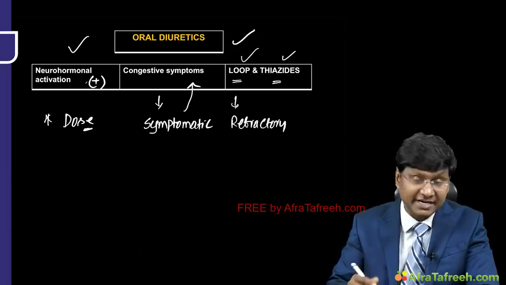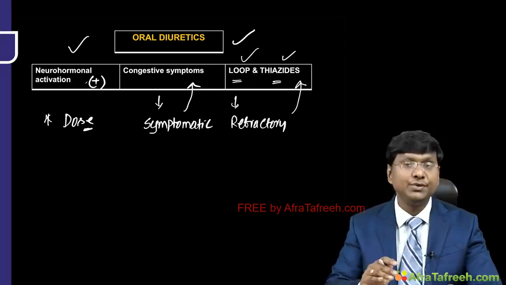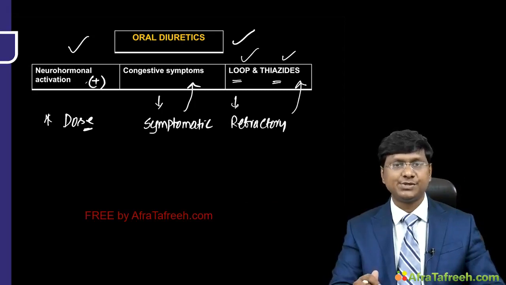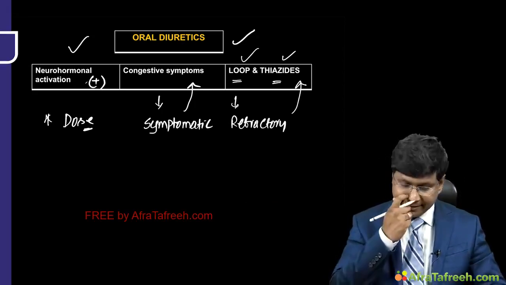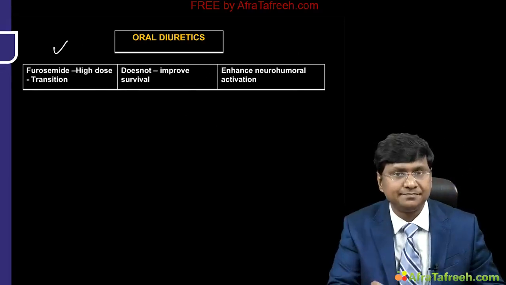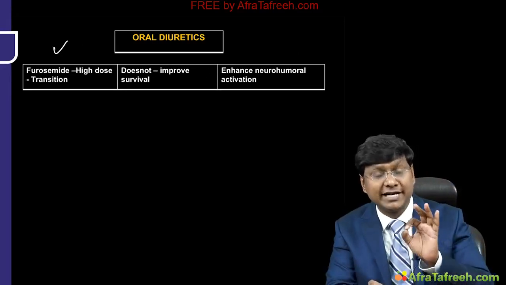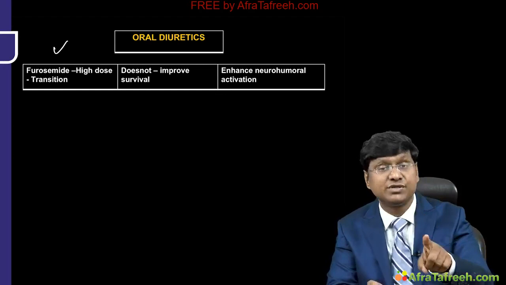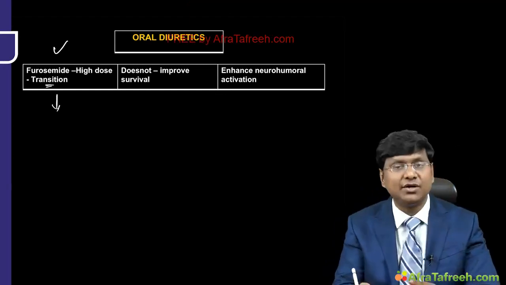If the individual is refractory to loop diuretics, then in them you need to add the thiazide diuretics. Then if you take the loop diuretics, that is furosemide, patients who fail to respond to furosemide at high doses require the transition to the other group of the